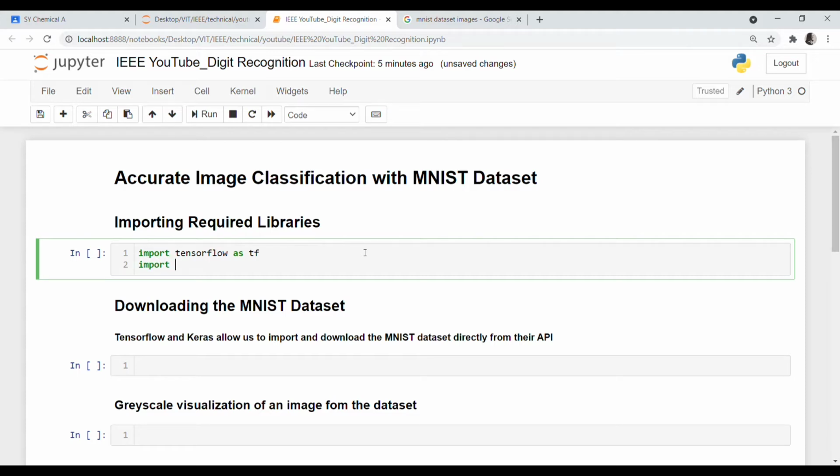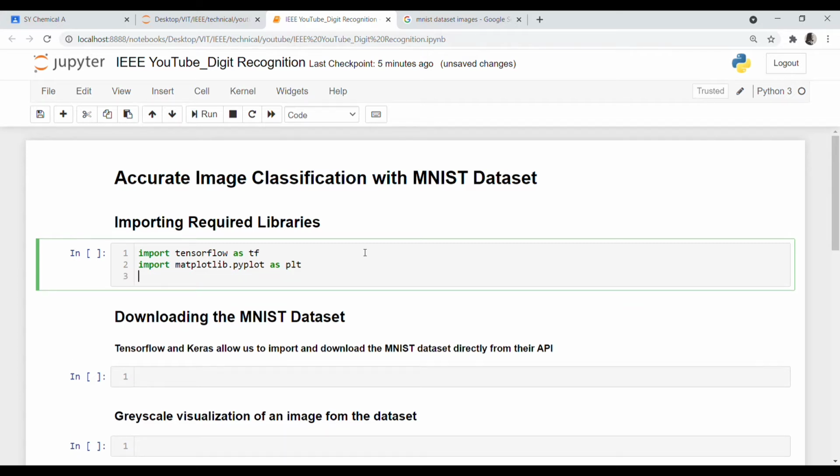Then we'll be using matplotlib pyplot for our graphical purposes as PLT. And since we are using IPython, we'll have matplotlib inline.